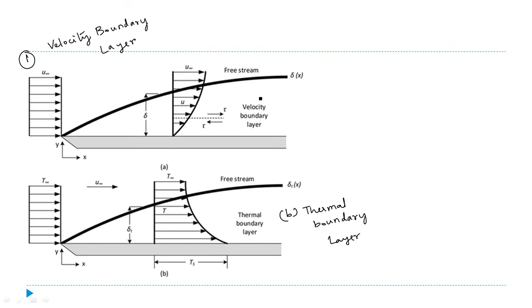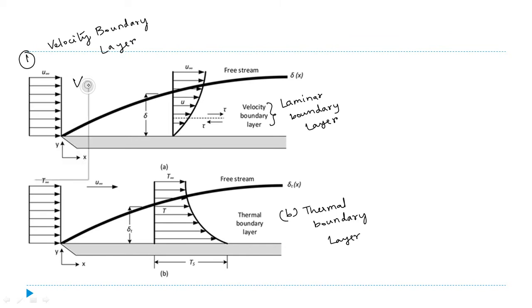This velocity boundary layer is also called a laminar boundary layer. Okay. This has two different names. One is a velocity boundary layer, another is a laminar boundary layer. So both denote the same. Now what happens here, there is a flat plate, and this flat plate is submerged in the fluid, and the free stream coming over the plate is u infinity or v infinity, whatever you take, just understand the phenomena.